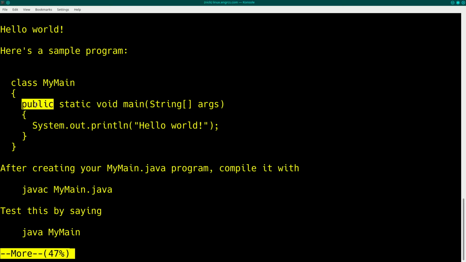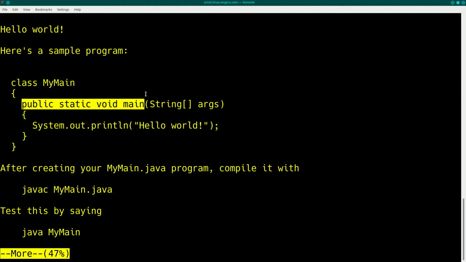And public, when we create functions, we can say who's allowed to access this function. And this is not other users on the system, okay? This is, for example, do we want other things inside the same file to be able to execute main? Do we want something from outside this file to be able to execute main? And we can make these things private, we can make them public, we can do other things like protected and so on. So we're just going to say public because this is our main program. We want to be able to run it from the command line typically. Static is going to take a while to actually get into an explanation of. For now, it's just something that has to be in there. So public static void main